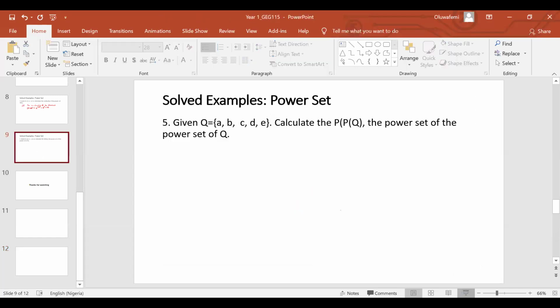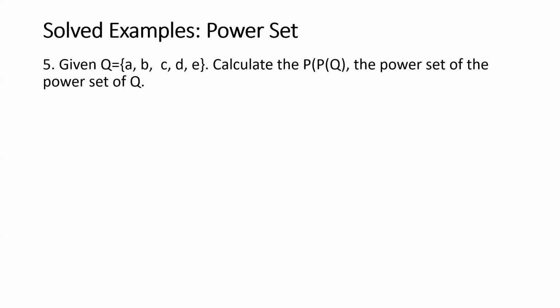Now, our fifth example: given Q is equal to {A, B, C, D, E}, calculate the power set of the power set of Q. So, solution: the power set of Q is P of Q, and this is